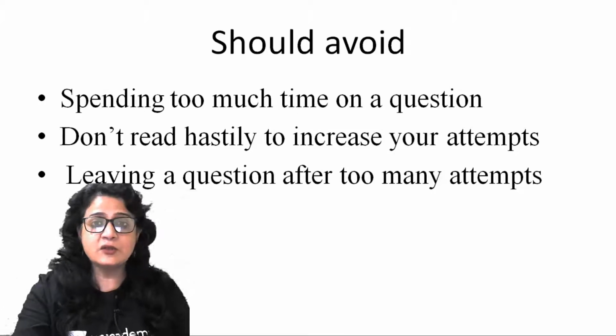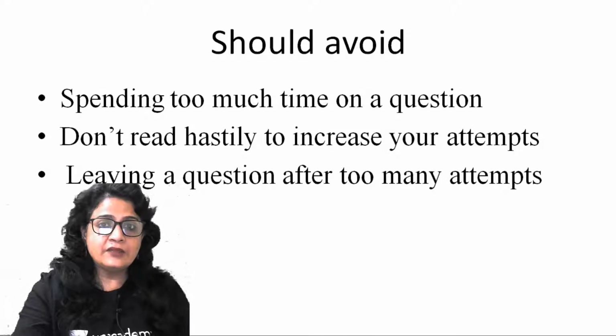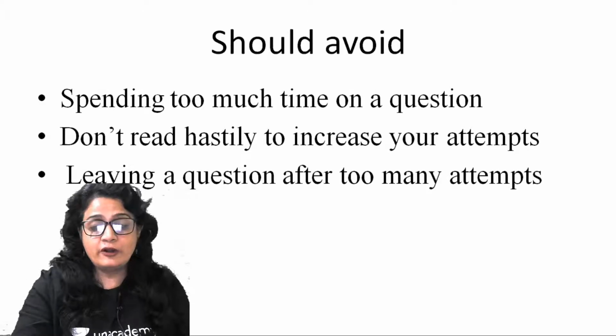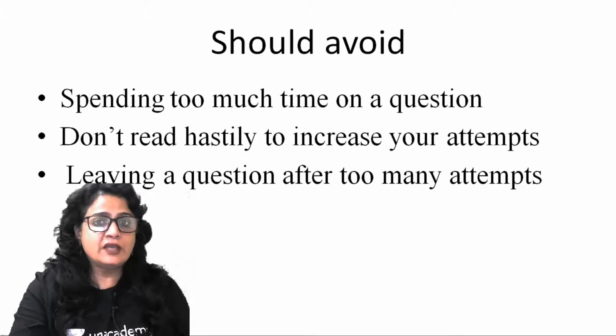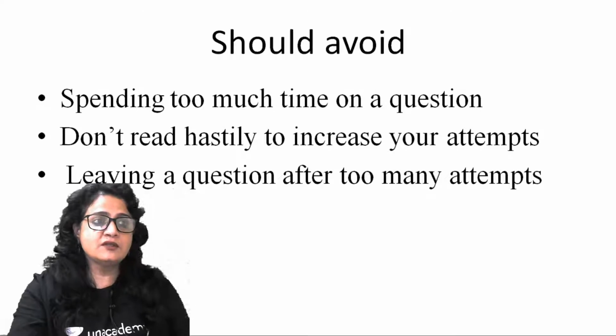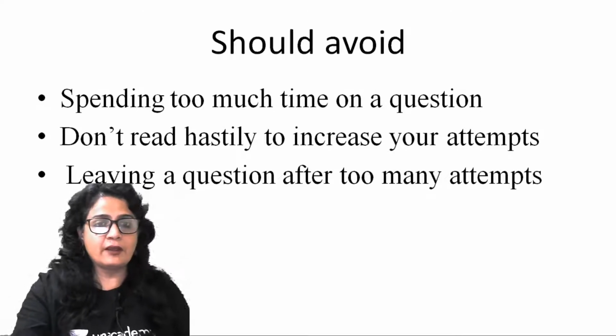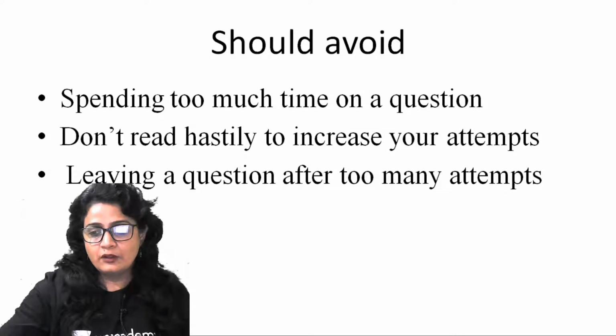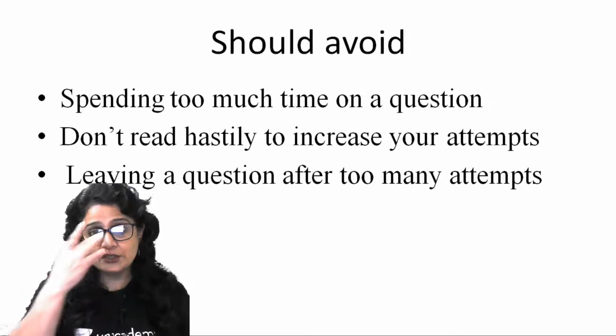Ultimately, each question carries equal marking, equal weightage. So you should not have any fixation for solving any specific set of questions just because that question belongs to your strong area. Don't read hastily to increase your attempts. Now, what you should be doing in your examination hall is